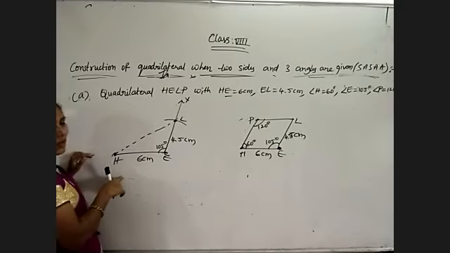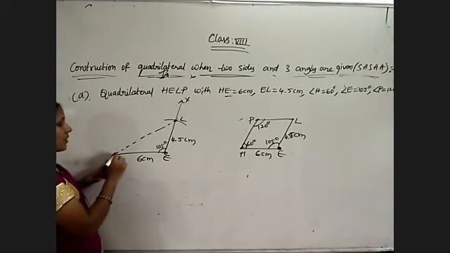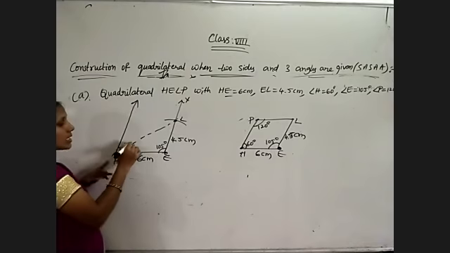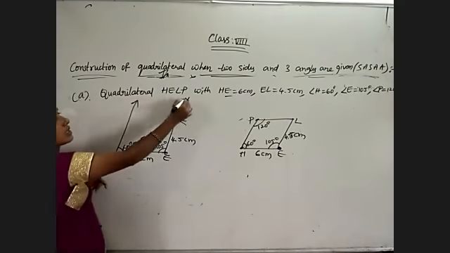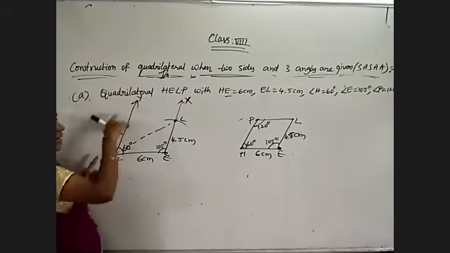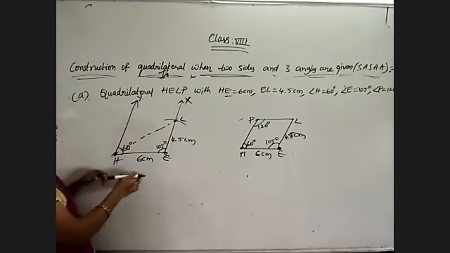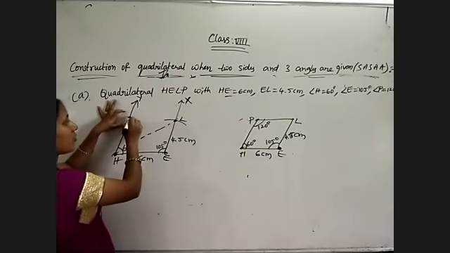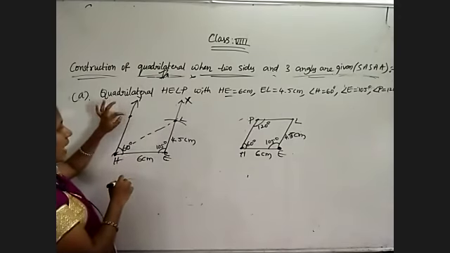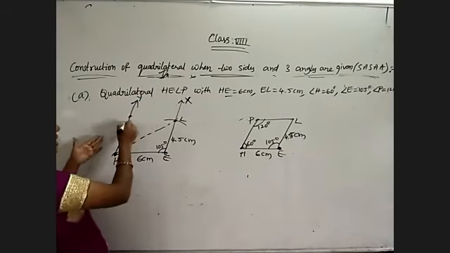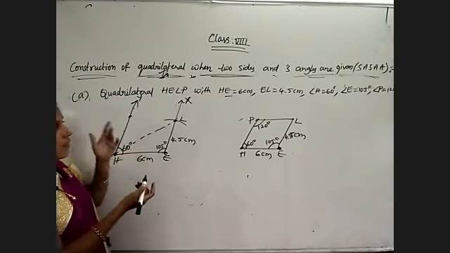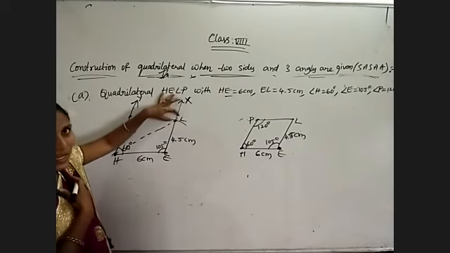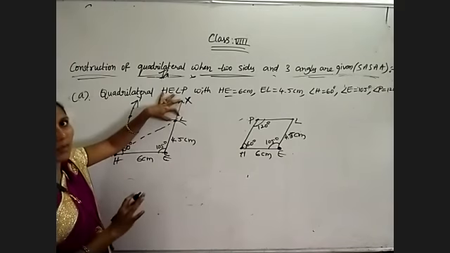Now what are the remaining 2 measurements? Angle H is equal to 60 degrees, given. So place the protractor at H and construct 60 degrees. It is an acute angle, less than 90 degrees. Name this ray HY, making the angle 60 degrees with HE. But we are doing HELP only to find out P. If we have the angle P, where will we place it? Here or here? We don't know. For that sake, we need angle L. Understood? Whatever the third vertex we are finding, the third vertex angle only we must take.